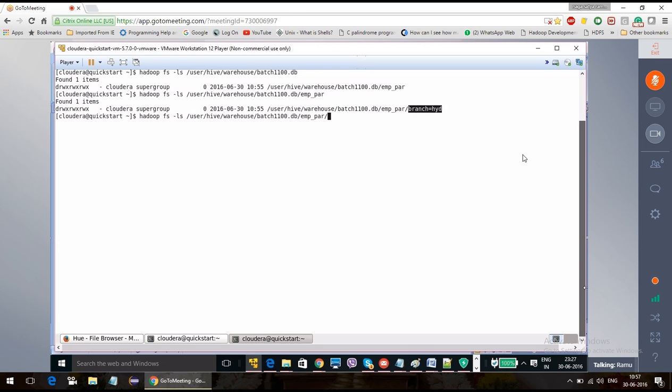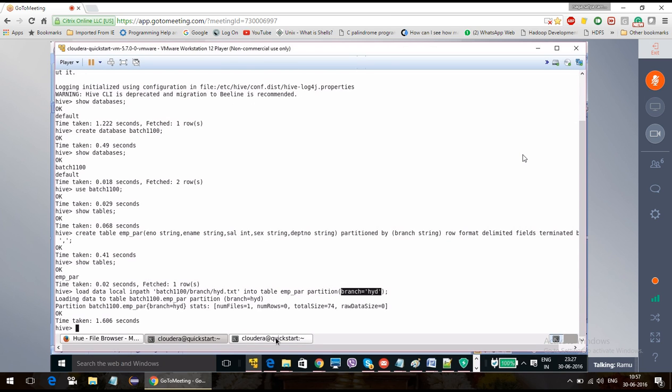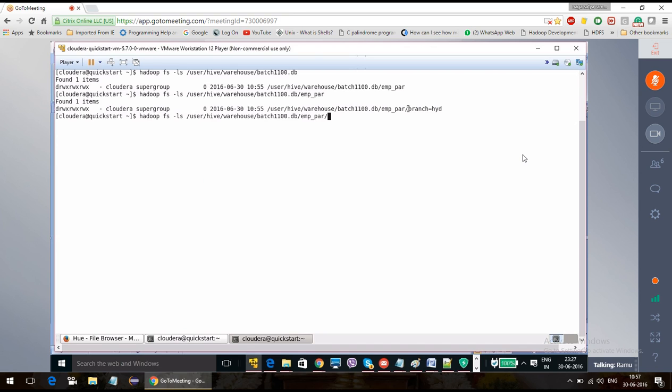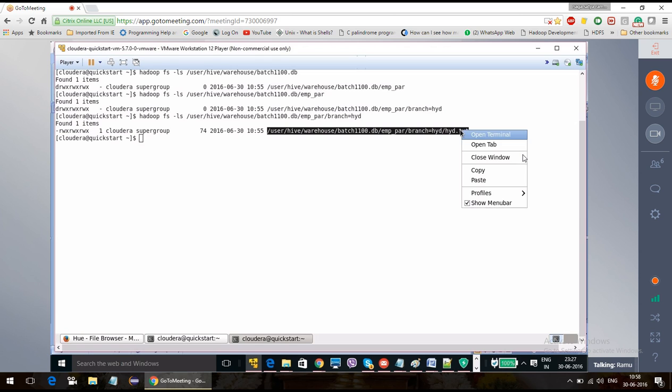So branch equal to Hyderabad, a directory is created inside your Hadoop system. So this is your branch. You will have only the 3 records that I have given. So this is where your data is stored. I stored the Hyderabad.txt file.